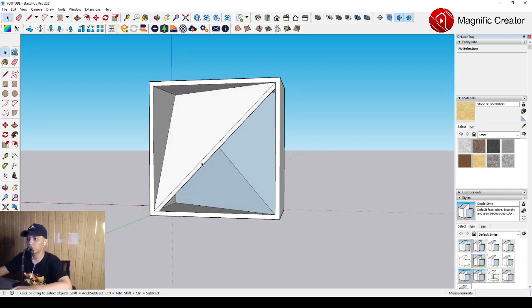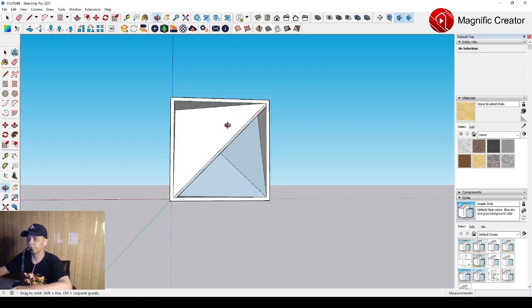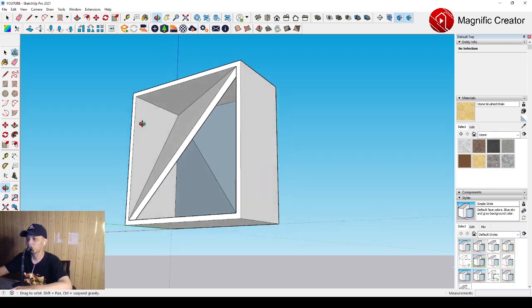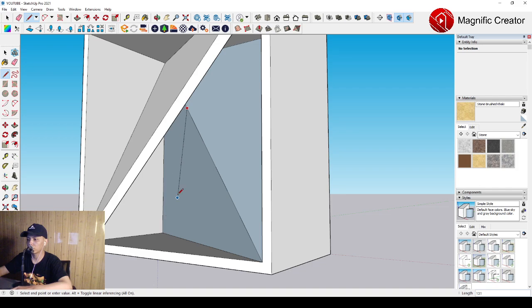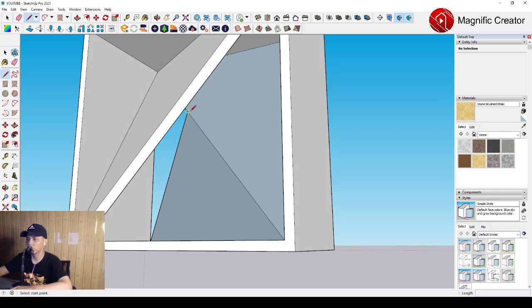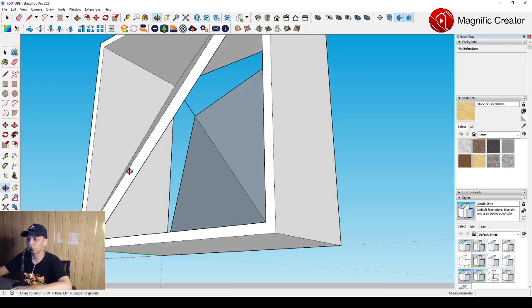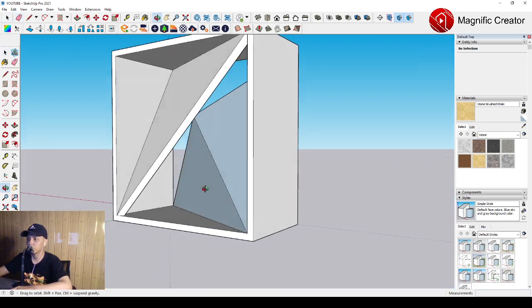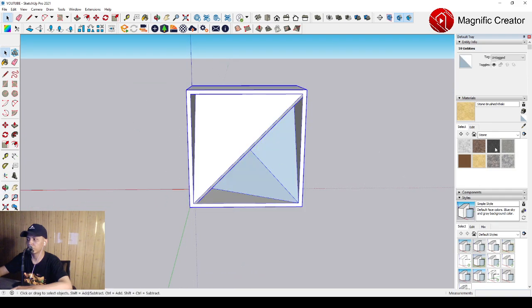Okay, until just like this, and then we can delete some unnecessary objects. We can make the line right here. We can delete it, and then we can make the line right here to make the circulation of the air of this raster. Okay, and then we can make it a group,